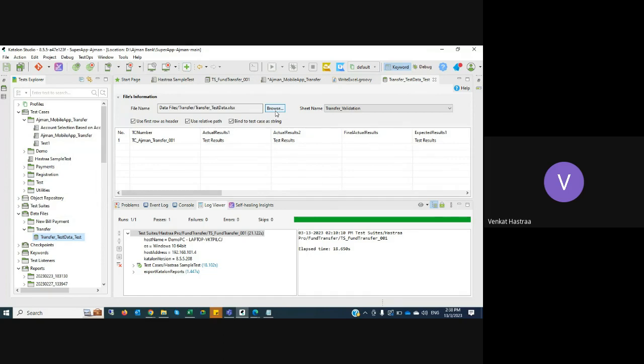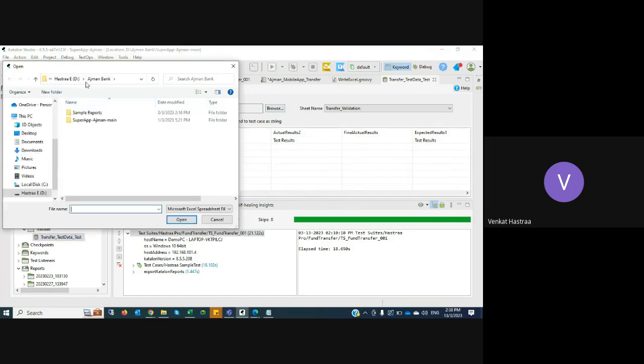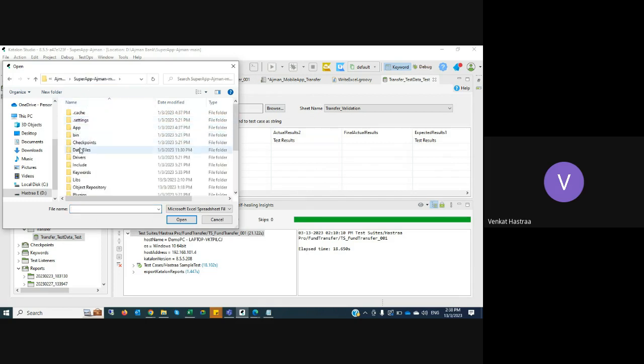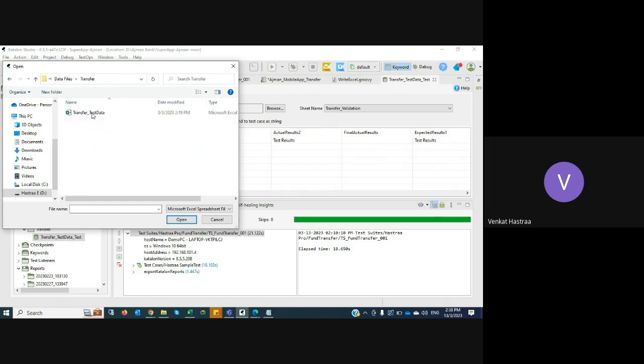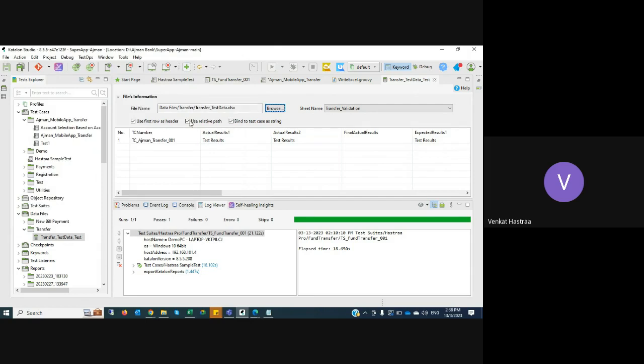Where is our test data? Go to the browse and then go to the project folder. In the project folder, data files, transfer, select the data file, open. Once you open, you use the relative path. You see here, absolute path and the relative path. If you use the absolute path, and you are running the test in D drive, later you got a PC without having the D drive and you want to run the script, it will fail because the data path is set to D drive,